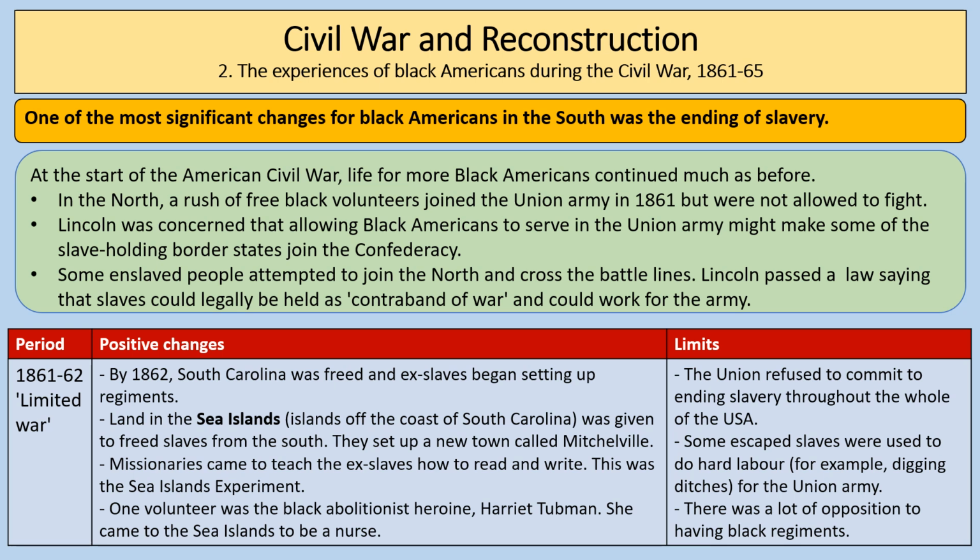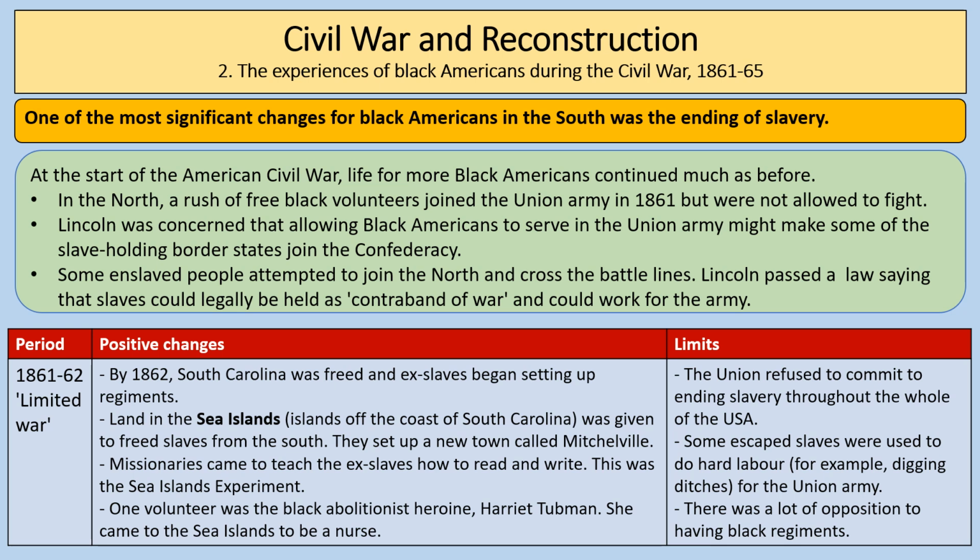Some enslaved people attempted to join the North and cross the battle lines, and Lincoln passed a law saying that slaves could legally be held as contraband of war and could work for the army. So any slaves that were able to escape to the North could stay and work for the army during the Civil War. So in terms of positive changes,